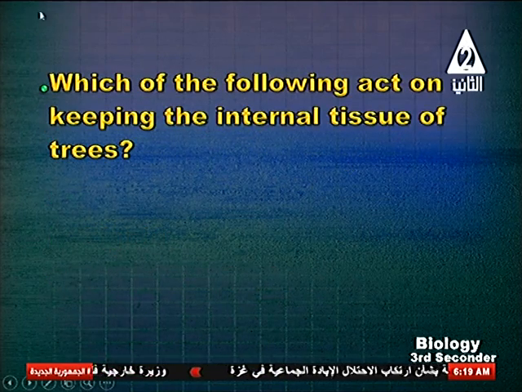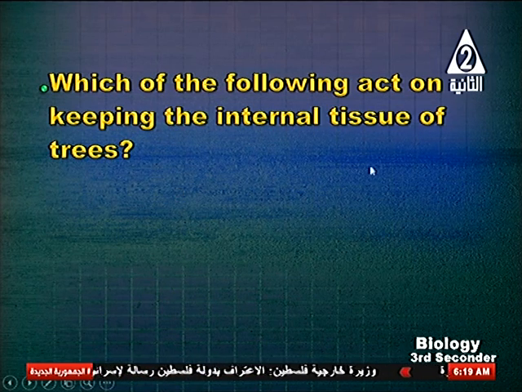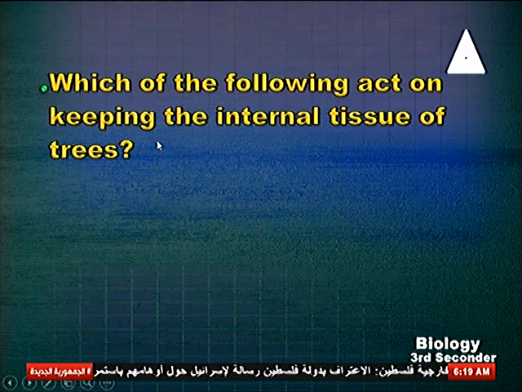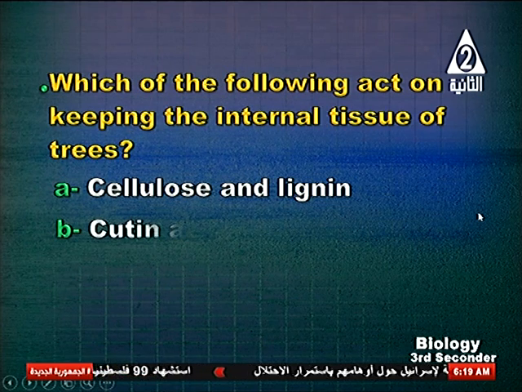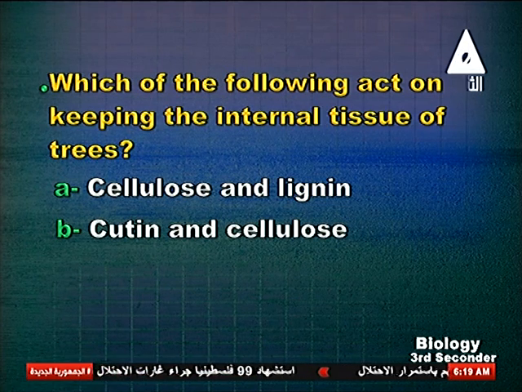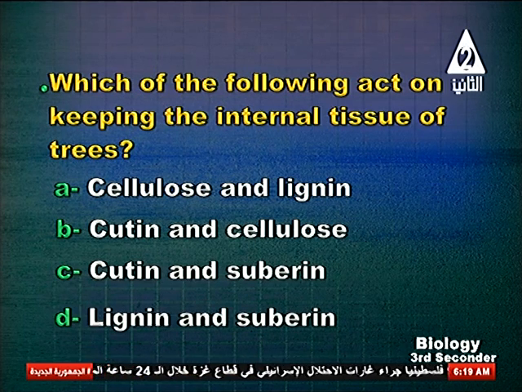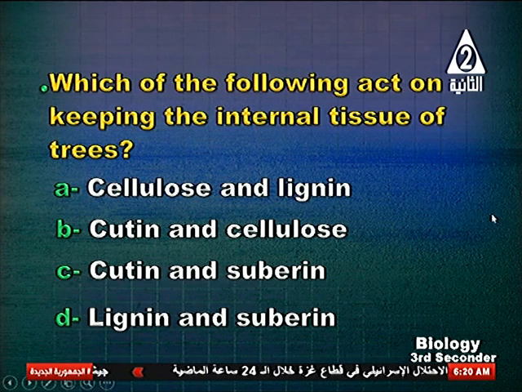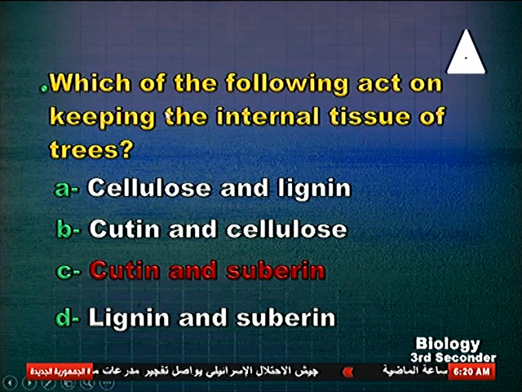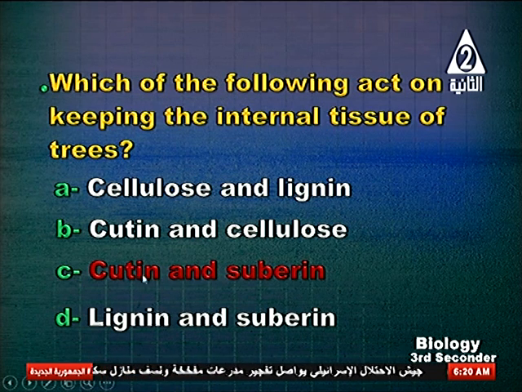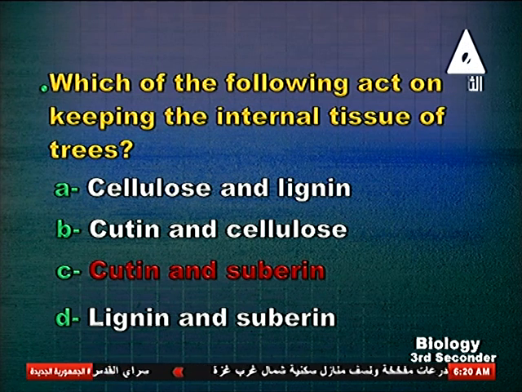Okay. Which of the following acts on protecting the internal tissue of trees? Internal tissue of trees, meaning I need to protect the internal parts. Okay. Cellulose and lignin, cutin and cellulose, cutin and suberin, lignin and suberin. The answer is cutin and suberin, because they are present outside and protect the internal parts. Cutin protects the epidermal layer, and suberin is present in cork cells, which are present in the woody stem to protect the